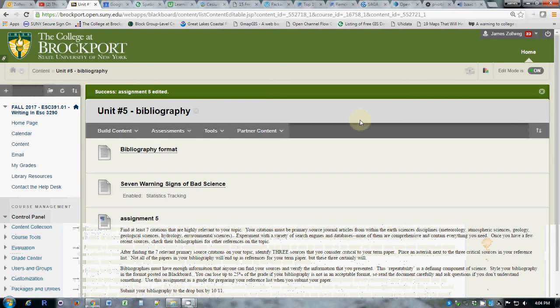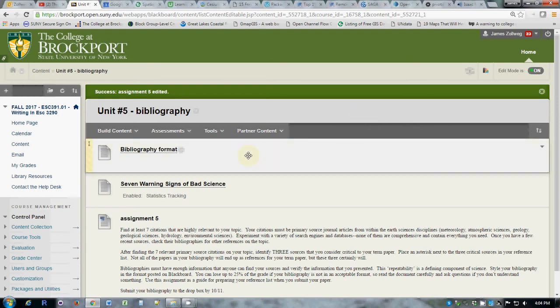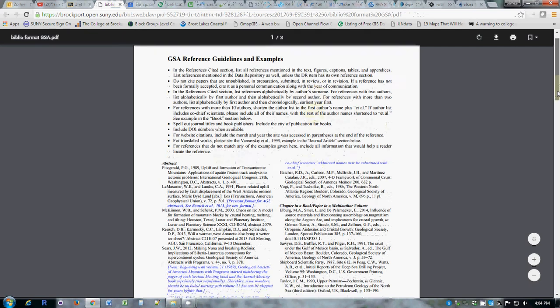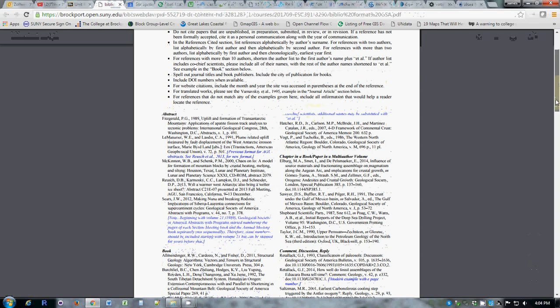There's really three topics I'd like to cover in regard to bibliography. The mechanical one, perhaps the simplest one, is the concept of how one formats a reference that makes up a bibliography. In Blackboard, there's a document called Bibliography Format from the GSA, which is as good as any, which gives a very welcome